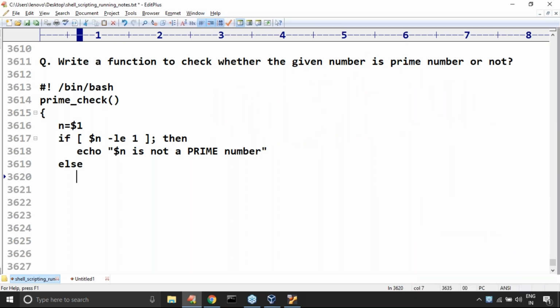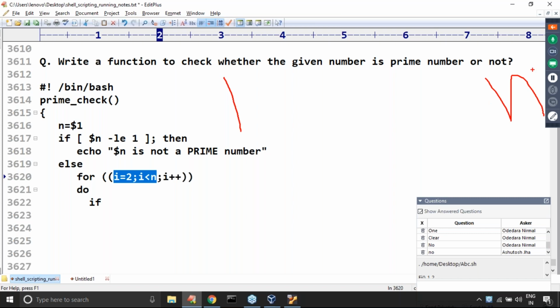What I have to take is for i equal to 2 onwards, i less than n, i plus plus, do. Now observe carefully. For i equal to 2, i less than n, i plus plus, I'm taking like this, sir. Have you observed? Now I'm checking from 2 to n minus 1. I left 1 and n.